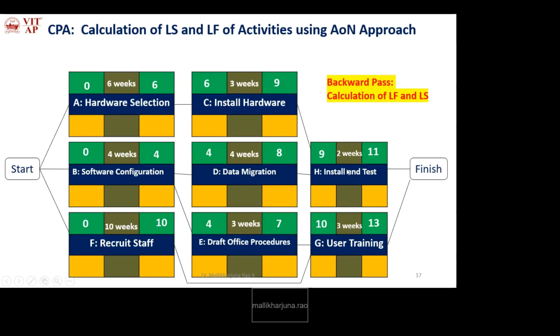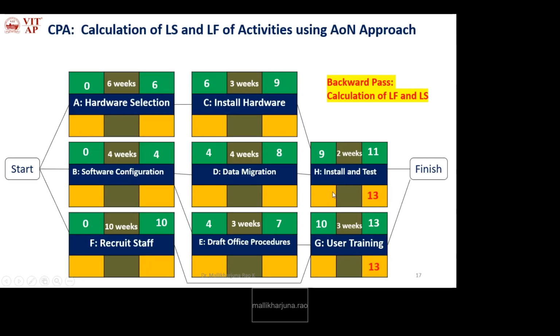Okay, now here we have two end activities. What are the two end activities? H and G. So here what is the latest finish for end activities? Earliest finish of the same activity. So here we are having two end activities. The earliest finish for H is 11. This would be the latest finish and this would be the latest finish, but we have to take the maximum. What is the maximum? 13. So both are having latest finish 13.